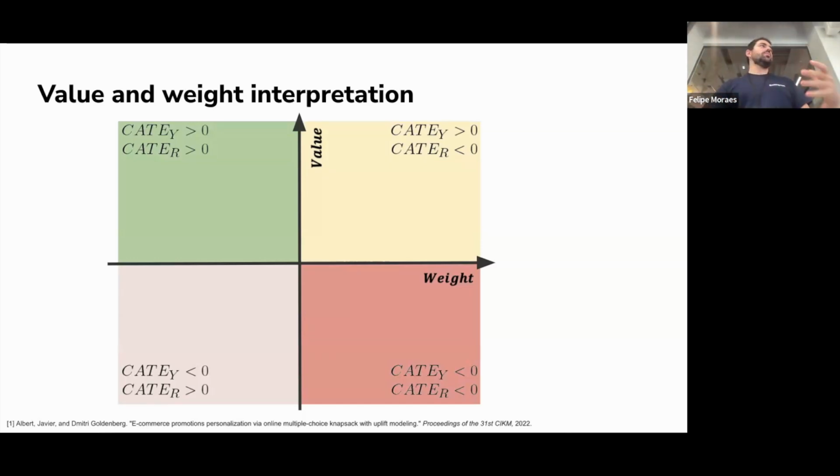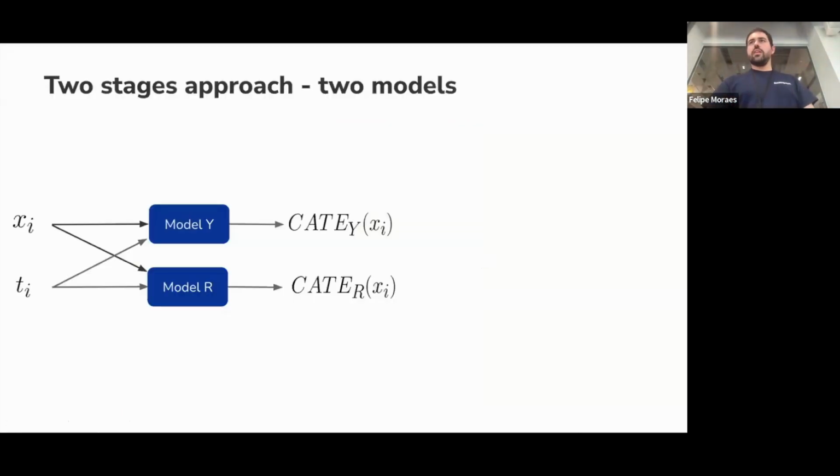So this is just the intuition behind sorting by value divided by weight. So uplift in conversion and uplift in revenue. How do you actually solve this? So this is the naive approach that just gets really noisy very quickly. It's that you have two stages and two models. So if Philippe already told you, an X learner has 4 or 5 models, and then you have 4 models for Y and 4 models for revenue, this can escalate quite badly, quite quickly. But this is the naive approach.